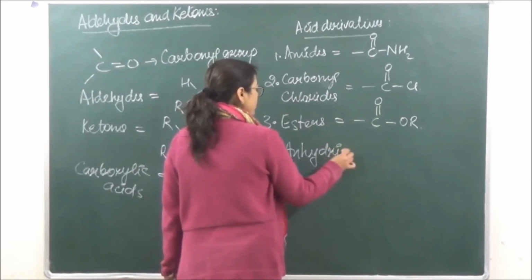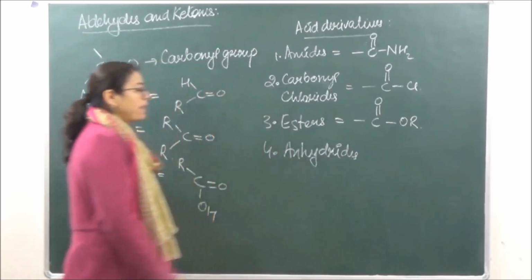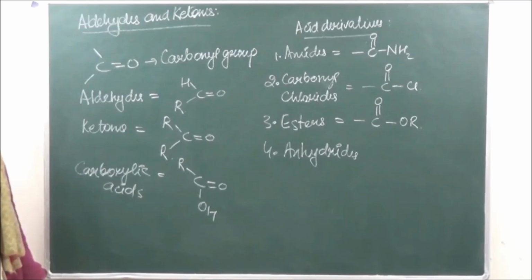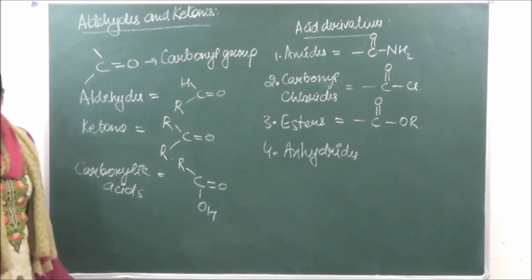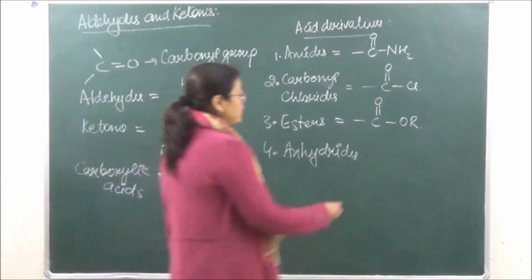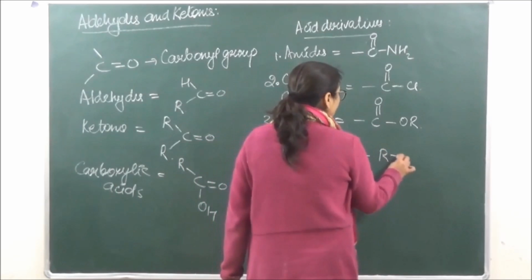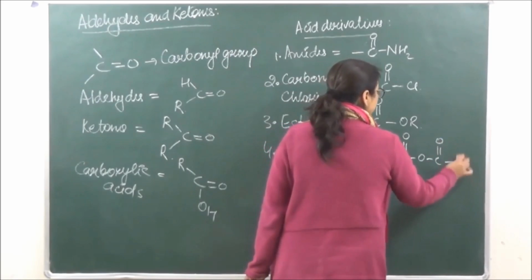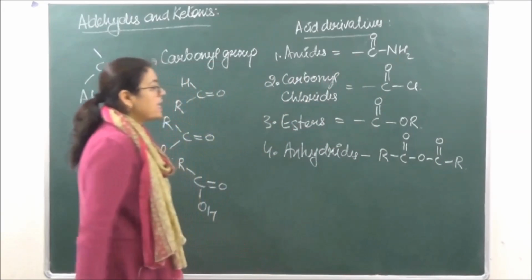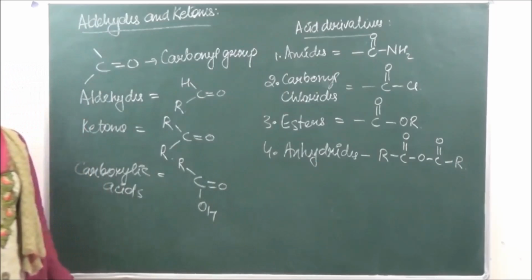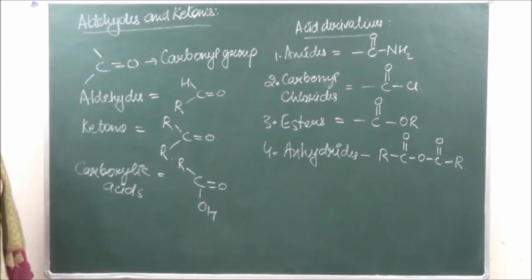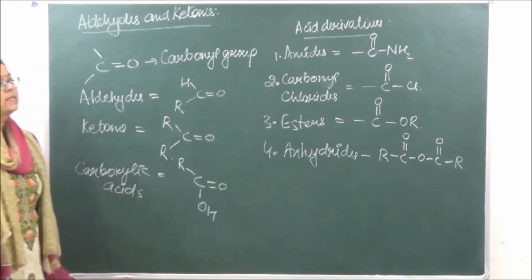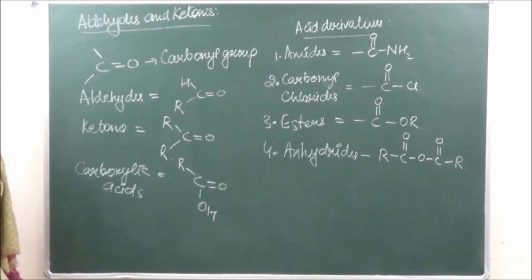This is going to be esters, and then we have anhydrides. Anhydrides they are generally formed by the dehydration of acids. So these are also known as acid anhydrides, which has the formula R C double bond O, O, C double bond O and R. These are known as acid anhydrides. So ये जो सारे हैं they are going to be derivatives of acids. All this we study under this present unit, that is aldehydes, ketones and carboxylic acids.